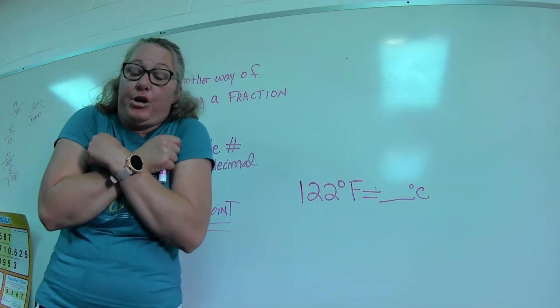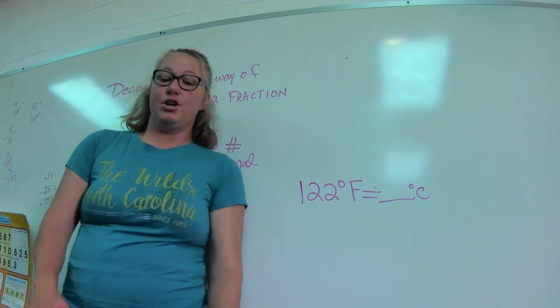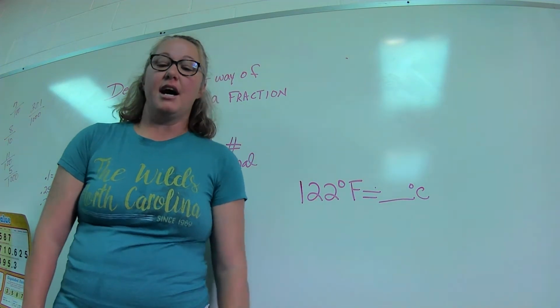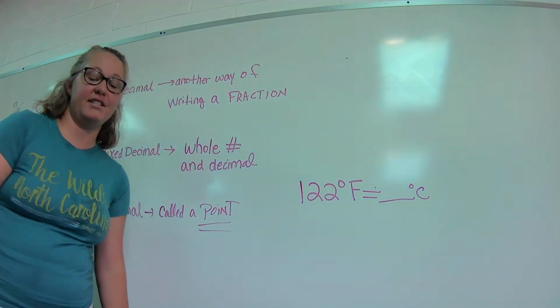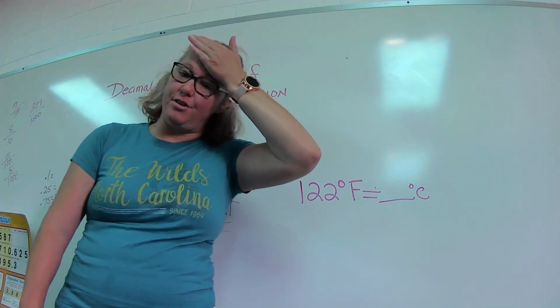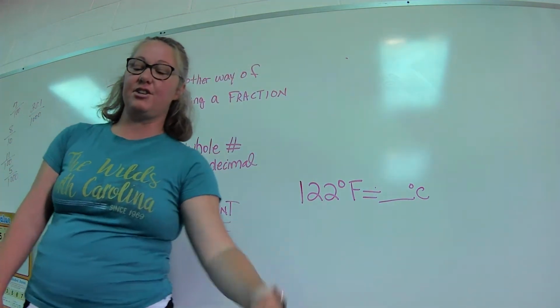Temperatures, freezing point. Super cold at 32 degrees Fahrenheit, 0 degrees Celsius. Super warm, boiling, that macaroni and cheese, to get it to perfection. It's 212 degrees Fahrenheit, 100 degrees Celsius. And then, whew, I feel like I have a fever. Oh, no. Better take my temperature. All right, body temperature, 98.6 degrees Fahrenheit,